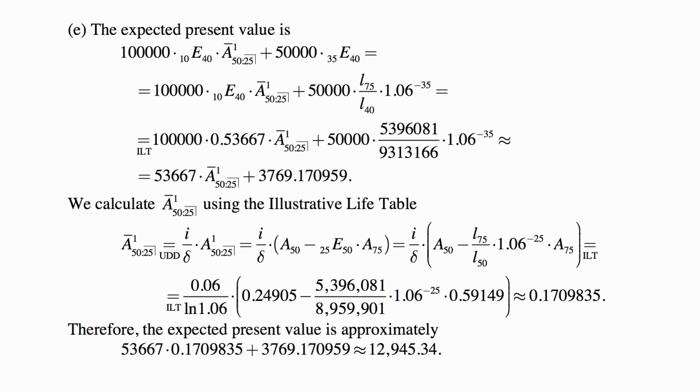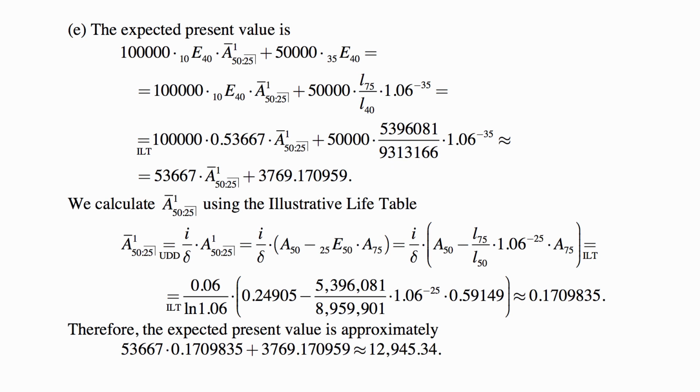The endowment benefit, we can just calculate this: 50,000 times L75 over L40 times 1.06 to the negative 35, plug in those numbers and get that value. The 10E40 is actually in the table. It's 0.53667. So we plug that in, multiply by 100,000, we get 53,667